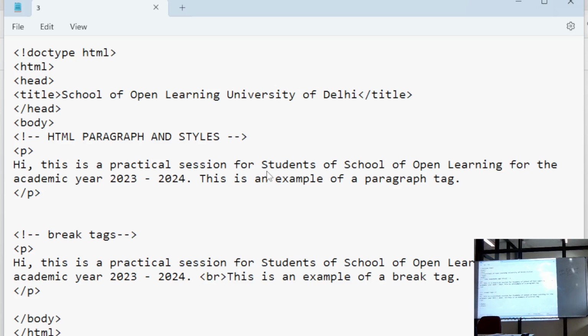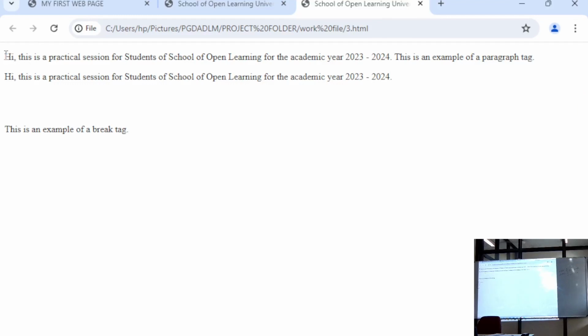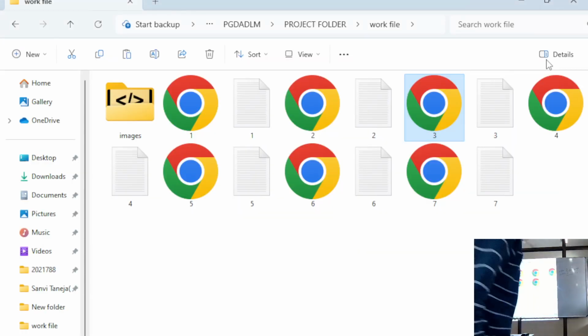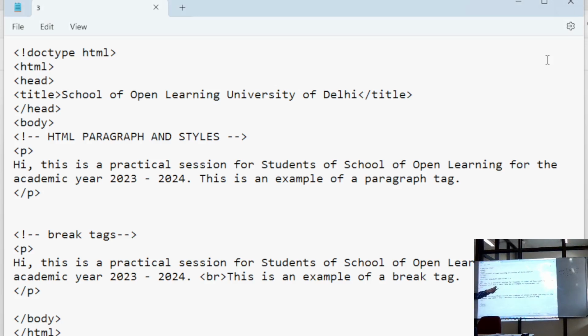Now I am going to save this file and open it in the browser. Here you can find this is the paragraph tag I used. It will come in a single line: this is an example of a paragraph tag. Now the same content, if I want to have it in multiple lines, with this as the first line and this starting from the second line,